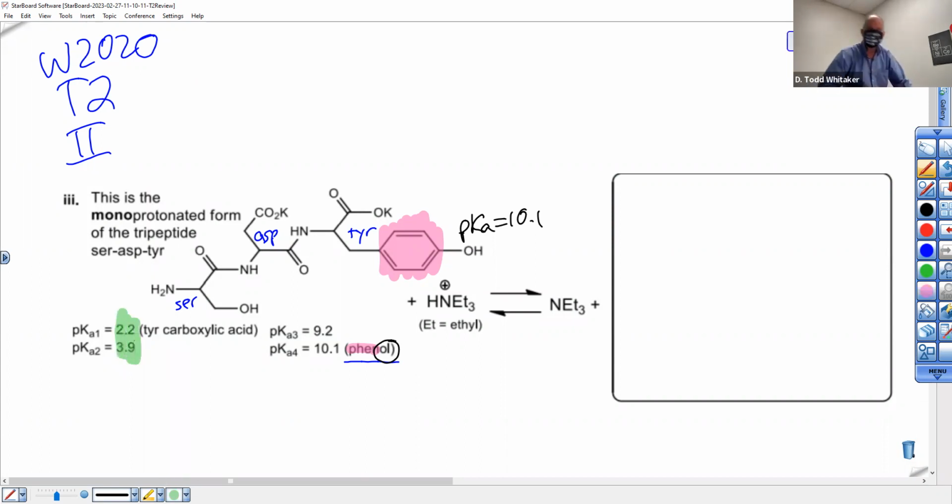Are these numbers closer to an ammonium pKa, which would be the conjugate acid of an amine, or are they closer to a carboxylic acid pKa? If anybody thinks those are ammonium pKas, you didn't learn your pKas, please learn them. I don't want this being painful on Wednesday, okay? So guys, there are 2 carboxylic acids in this molecule. Actually, if you want to be picky, there are no carboxylic acids in the drawn version of this molecule. The pKas are given for that carboxylic acid and this carboxylic acid,